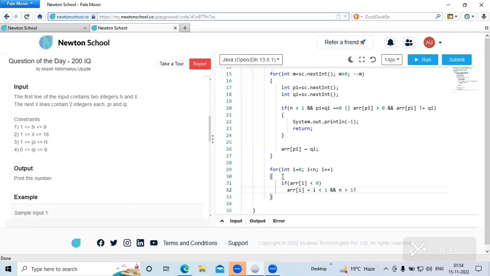Okay, I'm writing a conditional statement, that is i is less than 1 and n is greater than 1. If this is true, then we will return 1, else we will return 0 directly. Okay, I have written one conditional statement here. After that, what I can do,